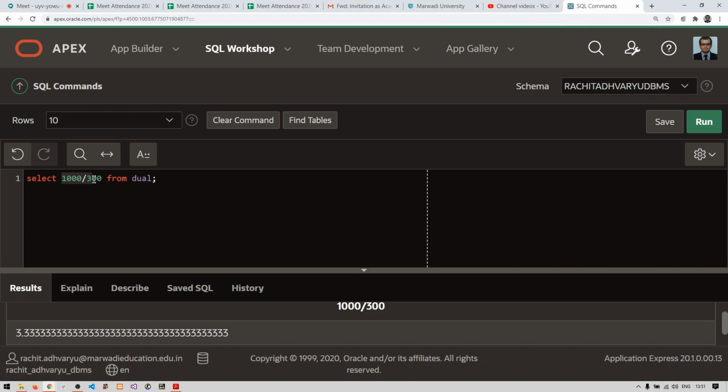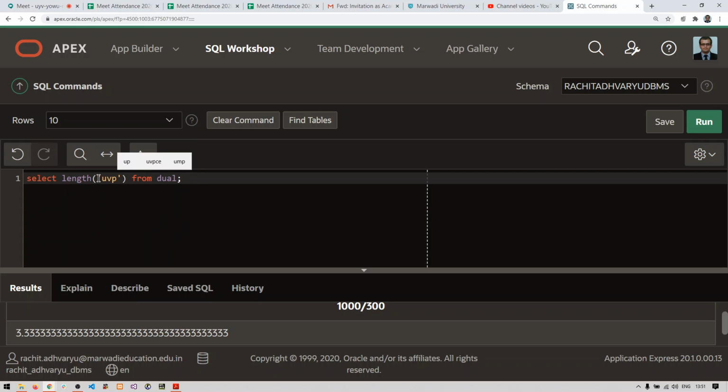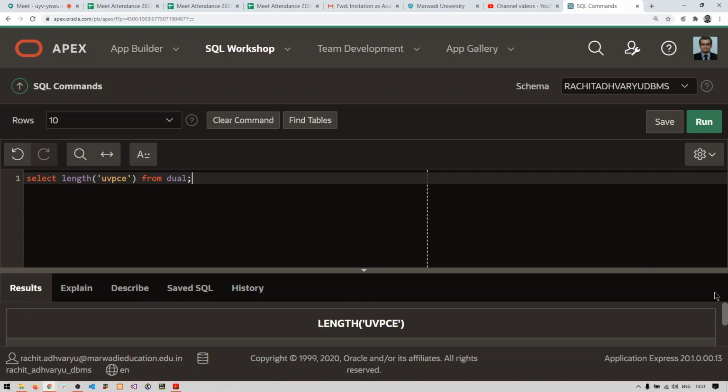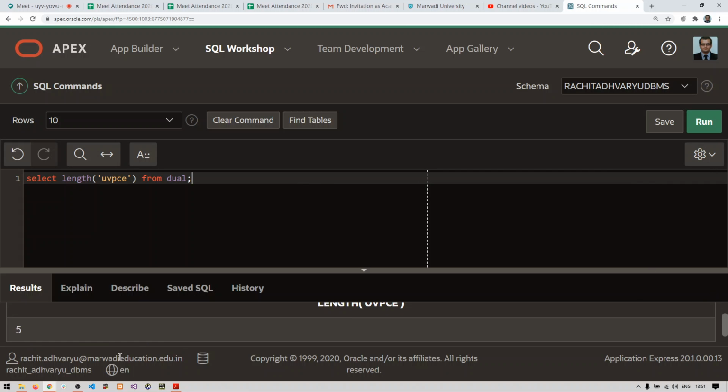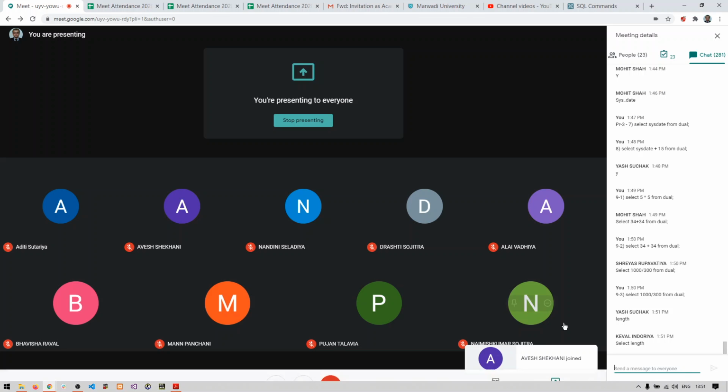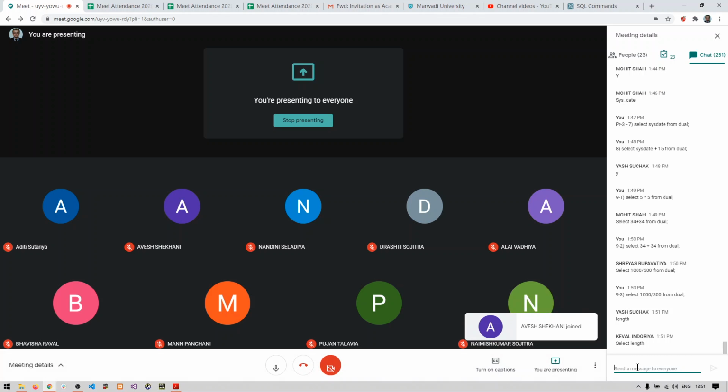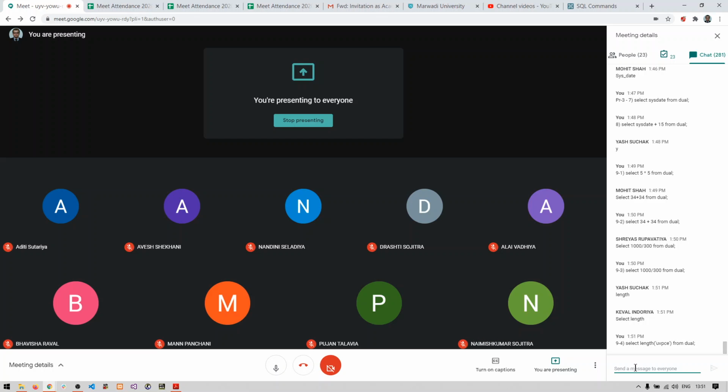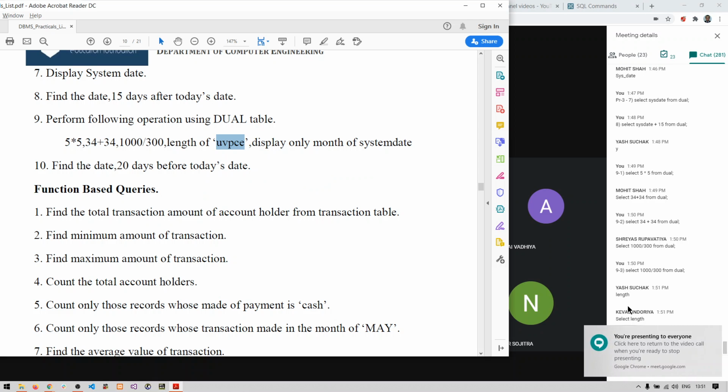The function name will be length with brackets. You need to provide your string. So length of UVPC from dual. Your answer will be 5 characters. So this is the answer of 9,4. For the ninth query, fourth option, the answer is this one. And let's move to the last one.